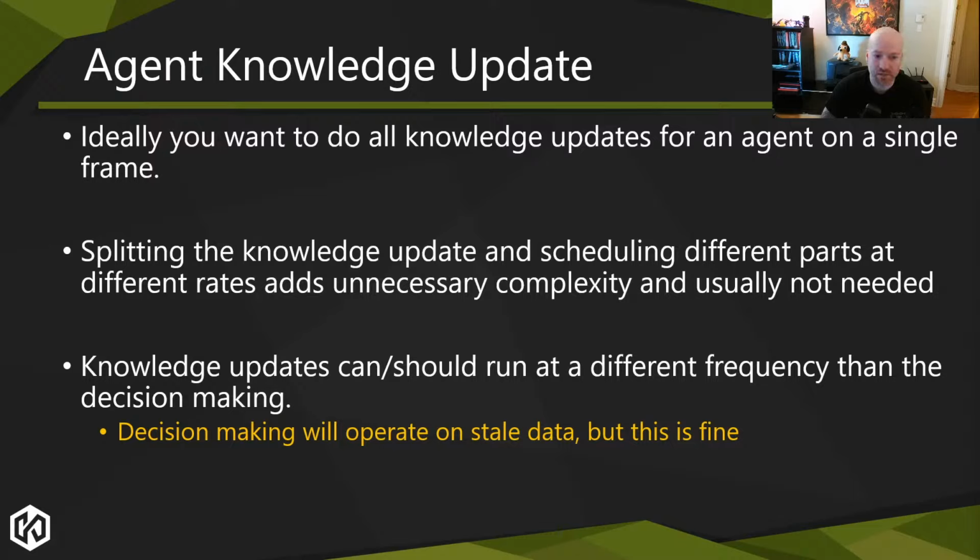The frequency that they run at doesn't necessarily need to match the decision making. Decision making is pretty much always running on stale data, unless you literally run it every frame and reflect game state every frame. If you don't do that, it's always going to be stale in some form. It usually doesn't matter, because your AI behaviors are not changing 5 times a second. Most of the time, they'll change once a second in the worst case scenario. Most of the time they'll play an animation, switch state, finish that, and switch state again. You have time, so use that time.